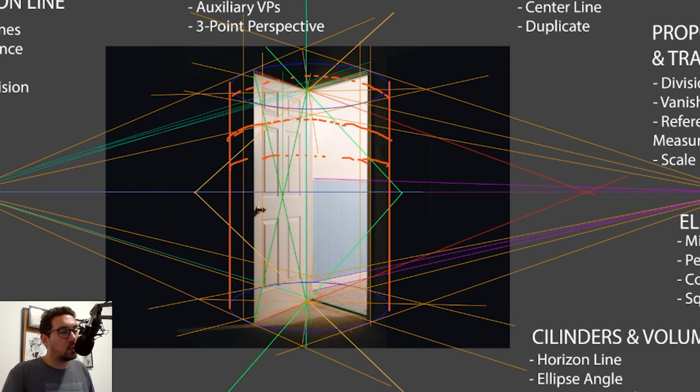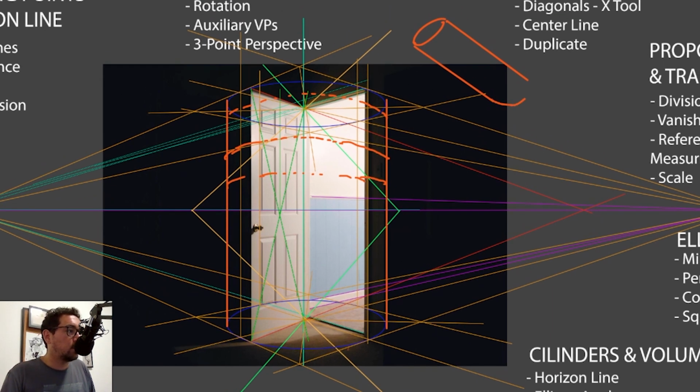So if we have, for example, a leg, a leg will have more of a cylindrical shape. If we have stripes in a pair of pants or something like that, we can think of it being like this. So if the figure was here, and we have a cylinder, let's do it a little bigger. We have a cylinder here. It needs to respect the horizon line, and then it will start turning